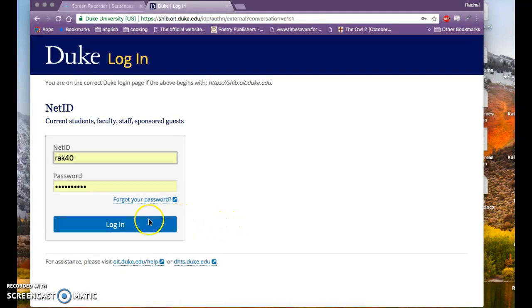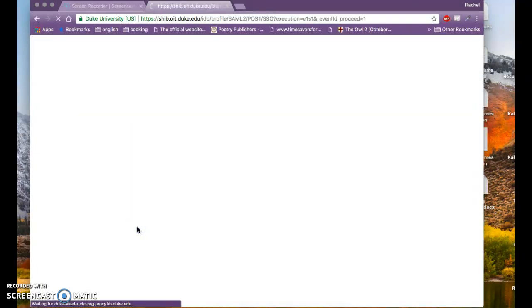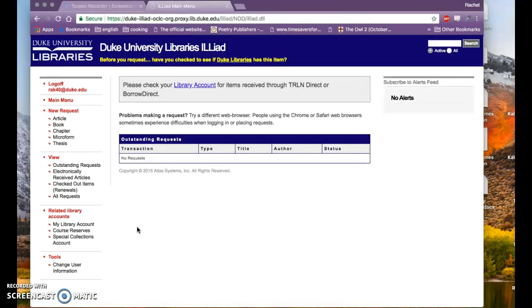From here, you need to make sure that you have your NetID and your password ready. After you've input those, hit Login. From here, you have the main home screen for your interlibrary loan account. When you request a chapter from a book, the transaction will appear here, which I will show you momentarily. After your request has been completed, it will be right here, the electronically received articles, which I will also show